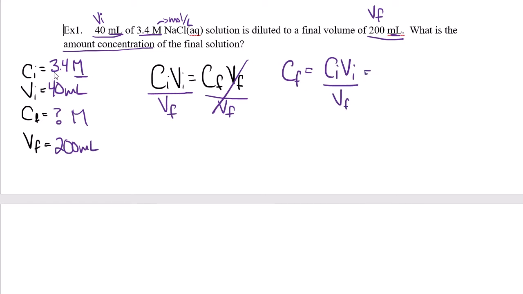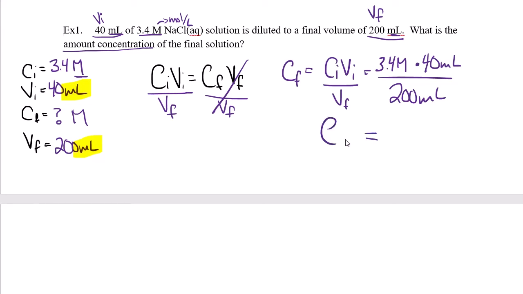Now we can plug in my numbers, and this is why you want to pick out your numbers, because it's really easy to put a volume in the wrong spot unless you've clearly identified what's what. So my CI was 3.4 molar. My VI was 40 milliliters. You don't need to turn that into liters as long as my units match, right? My I and my F match, so I don't need to convert that. Then we're going to divide by 200 milliliters here, which will give me my CF. So 3.4 times 40 divided by 200 is